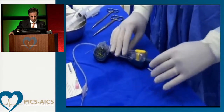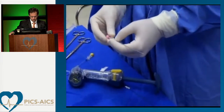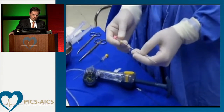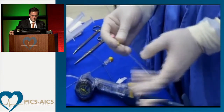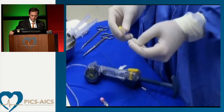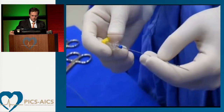So Fabio is going to use an 18 gauge needle. This is a Shiba needle. It's 15 centimeters long. Usually it serves all patients. You can reach your target with this distance. And this needle here, the same one that had been used for the fetal anesthesia, this is a 20 gauge